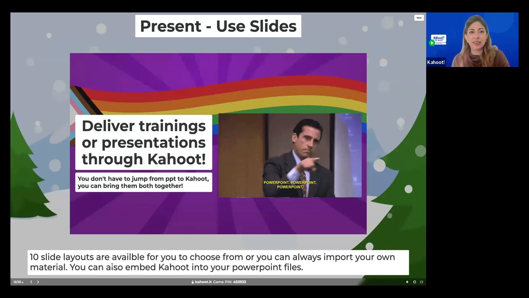We do have a text character limit at 250. So if you wanted to have more text, it's always best to create your presentation in PowerPoint and then upload it. I love the idea of having your PowerPoint inside Kahoot, because if you're presenting and you're wanting to use a Kahoot anyways,